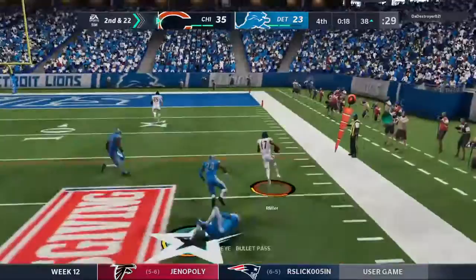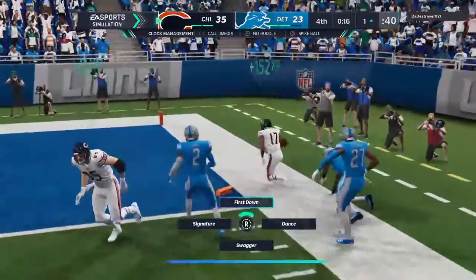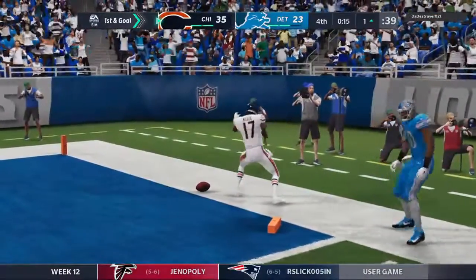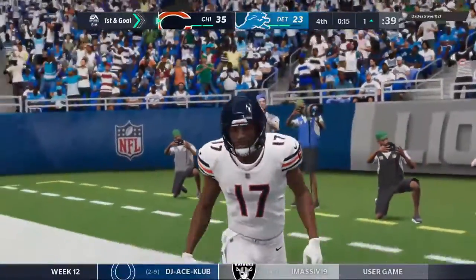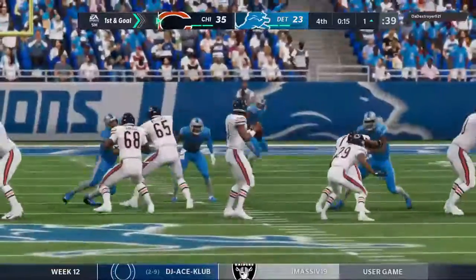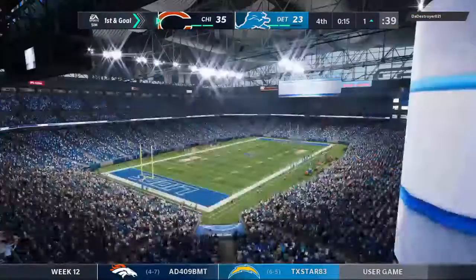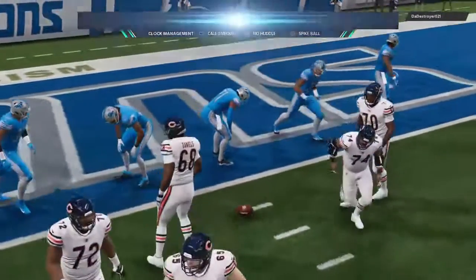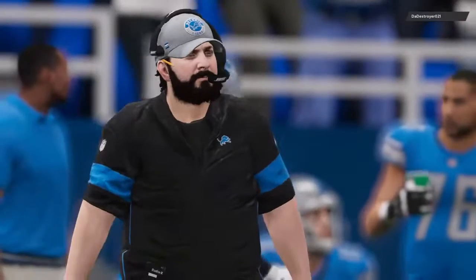He completes this into the hands of Miller. And he's brought down after a very nice gain. A big pickup there, and without question, that should be more than enough to wrap this one up. Chicago. So this one in the win column for the Chicago Bears, and they were buoyed, Charles, by a big second